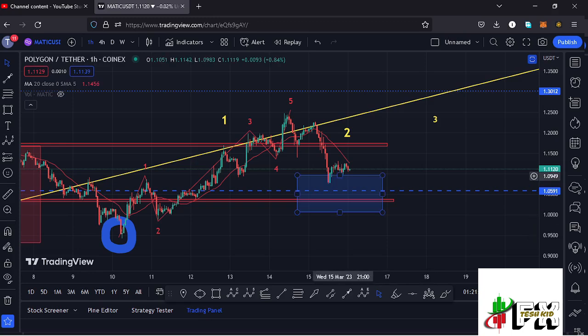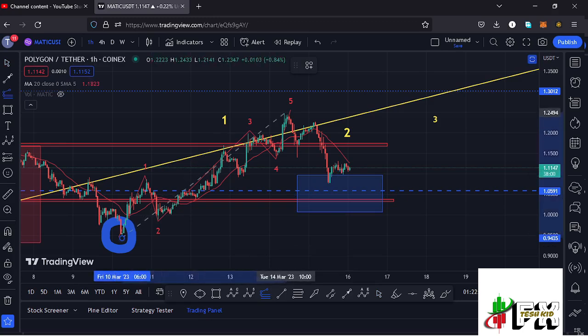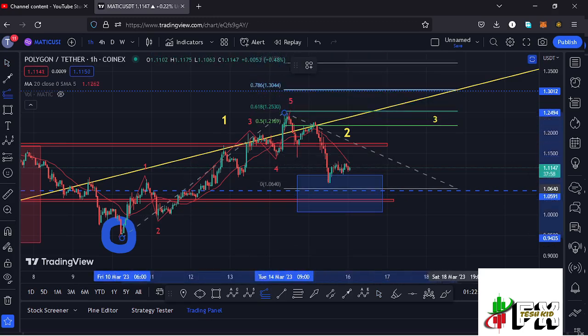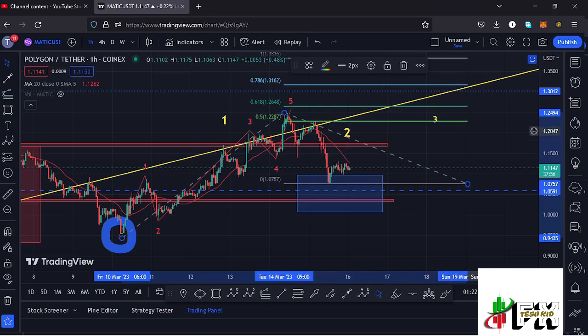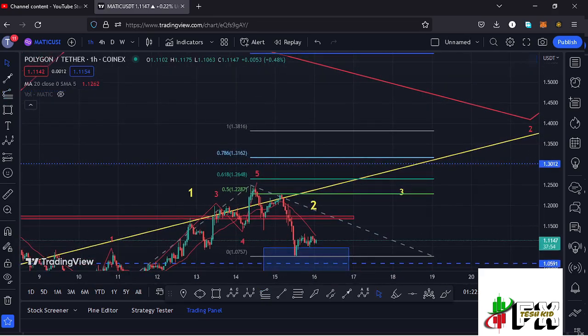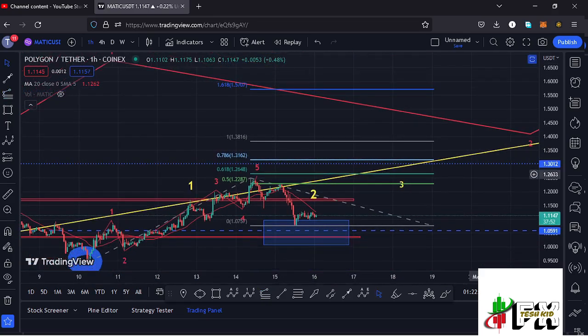area in the formation of this wave 2, we can sketch out a target area to the upper side in the formation of that wave 3 by connecting the trend based Fibonacci from the low of the first wave to the high of that wave 1, then dragging the fibs to the low of the second wave, and that gives me a minimum target area to the upside in the formation of that wave 3 at the fib level 1.618, and that is at around the $1.5707 mark, and that is the minimum that we can expect Polygon Matic to do in the formation of that wave 3, assuming that we are not going to see one more leg down in the formation of that wave